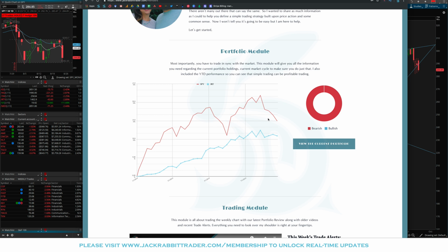So for me, in a bearish market environment, I want to just hold my portfolio as close to the highs as I possibly can, and then look to really capitalize when it's moving higher. Okay, that's the way we trade. That's the way that I've developed my trading process. If you want to develop it where you can make money when the market's moving lower, that's